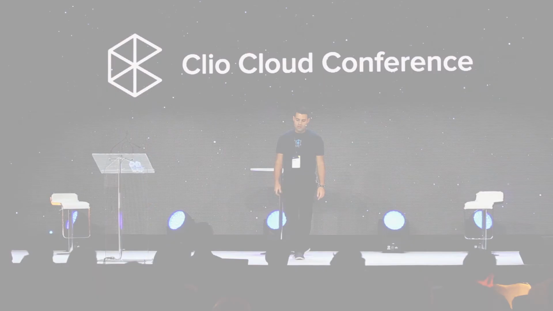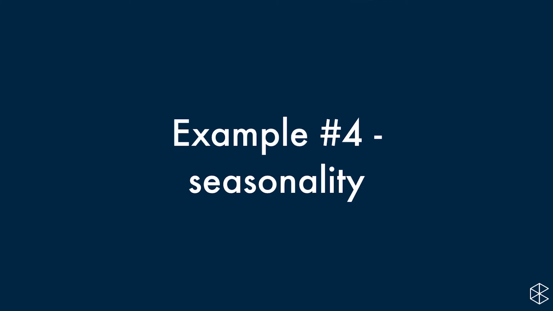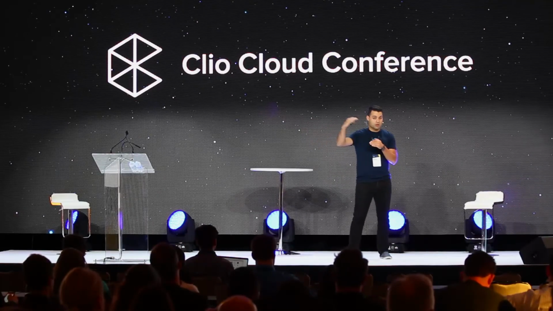The final applied example I want to walk through, very briefly, is seasonality. Try to track, and you can do this in Clio, when you open your matters, right? When is the open date, when did my cases come in, when did I get busy, and map whether or not it's mirroring the trends you see in your practice area. The reason I think it's really important is it shows you if the business you're getting matches the natural business cycle for this type of law and for interest in this type of legal service that's out there.